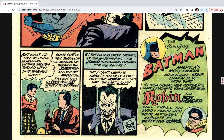But coming up next in part 2, we are going to be looking at the first appearance of Catwoman. So you definitely do not want to miss out on that as we continue to look at issue number 1